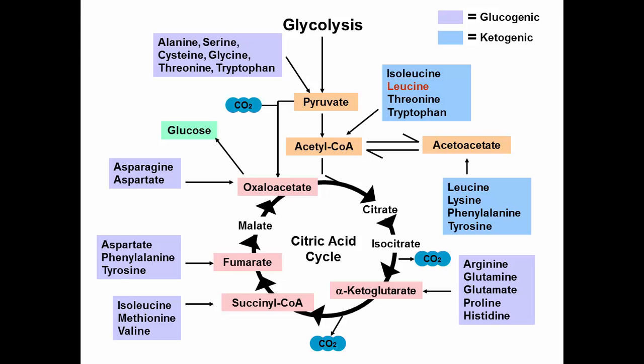Are there any questions about that? So that's the level I want you to think about this: what does glucogenic mean? What does ketogenic mean? Leucine, you've got to know, is the only one we consider uniquely ketogenic. It cannot be used to make glucose. It has a very important fate, though, when we talk about different physiologic states, and we'll talk about why it's important and how it gets structured.